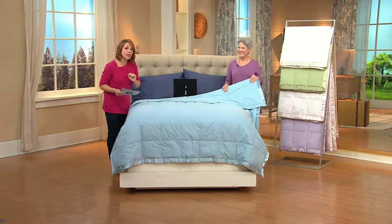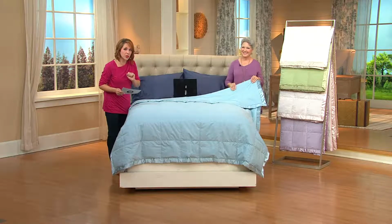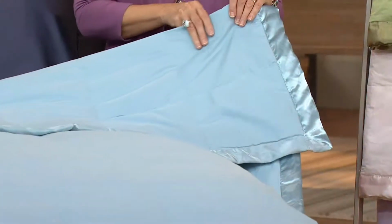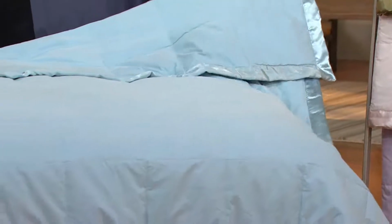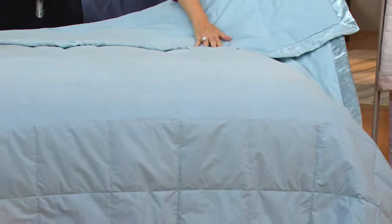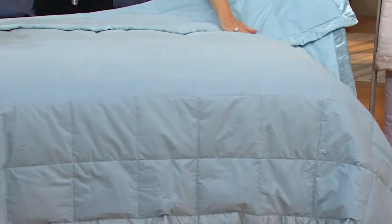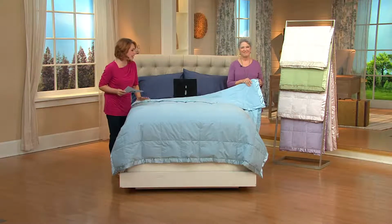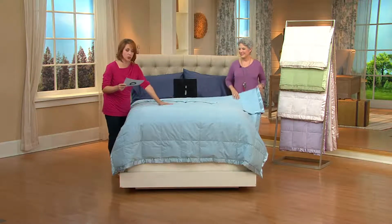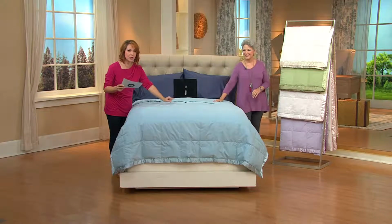The reason that's important is this is a while supplies last price, which means we brought in as many of these as we could to get you a fantastic price where even for the largest king size, you are not spending more than $69 on this. But the sad part about a while supplies last is when it is completely sold out, we will not be reordering this again. So we have in the blue that you see on the bed, full size, queen size, and